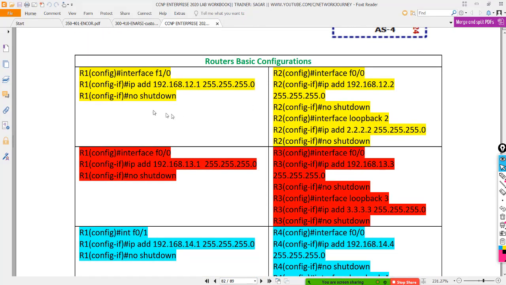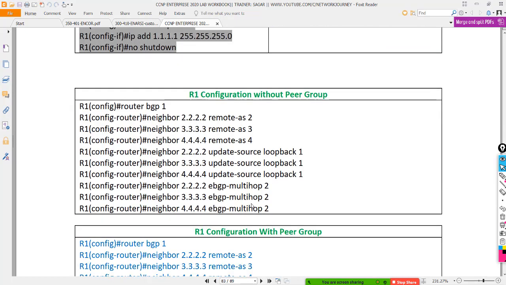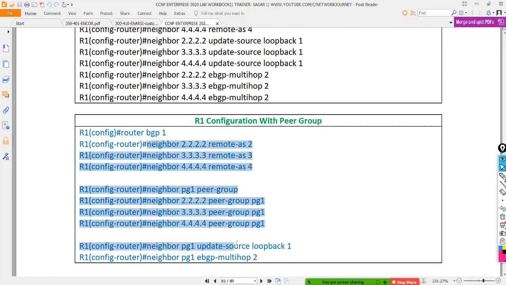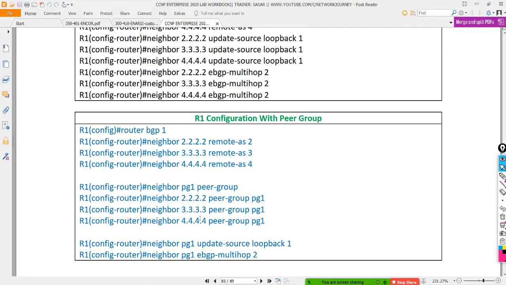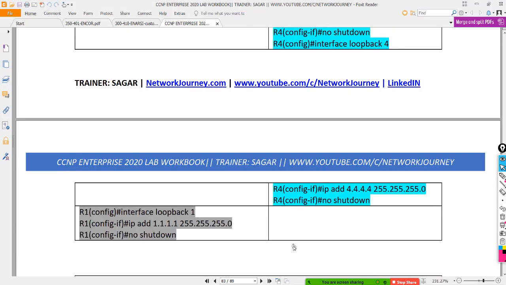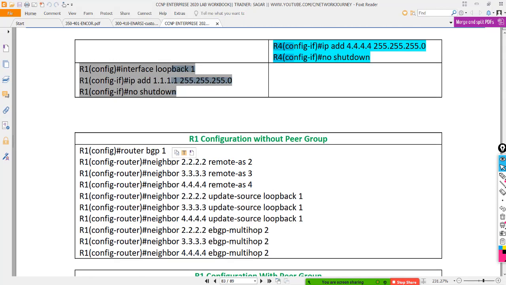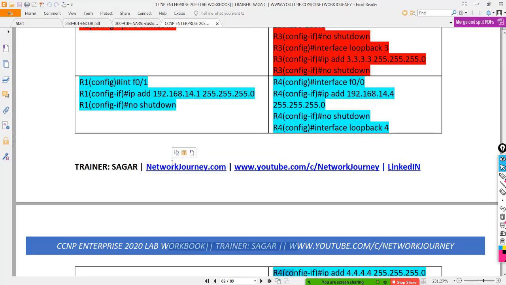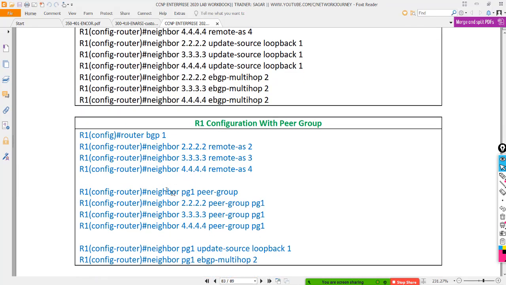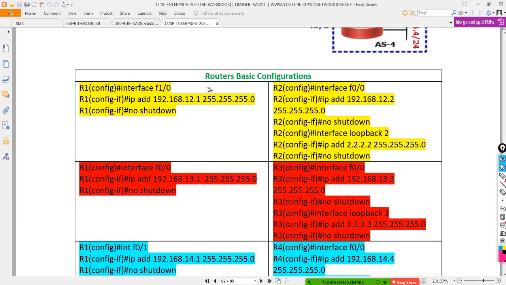I have given you the complete command. Don't worry about getting stuck. It's a complete A to Z command, but try to configure it from your side, at least till your loopback update source and multi-hop, and then for the peer group you can refer over here to see how a peer group is going to work.